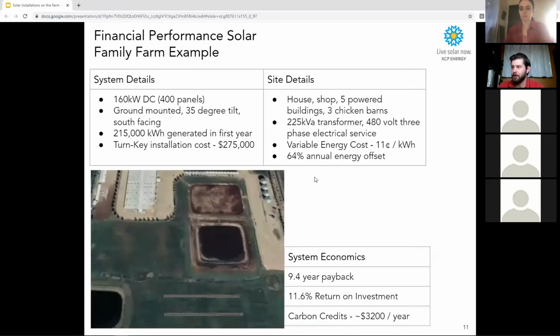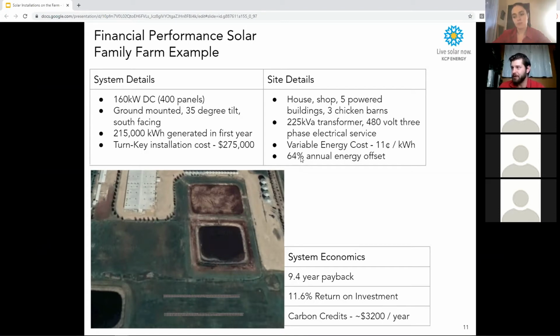We'll look at a large microgenerator example. So that first one would have been a small microgenerator. This would be a large microgenerator. This is a 160 kilowatt system, so it's about 400 panels. You can see those panels at the very bottom of the screen there. They're ground mounted, facing south at 35 degrees. And this system produces 215,000 kilowatt hours per year and had a turnkey installation cost of